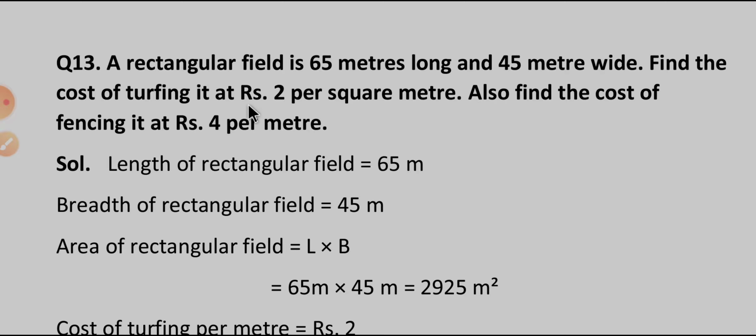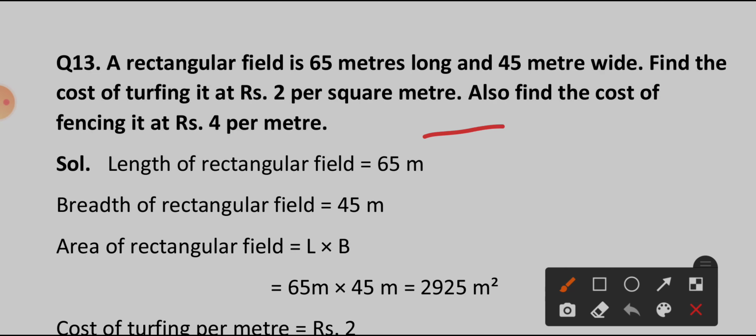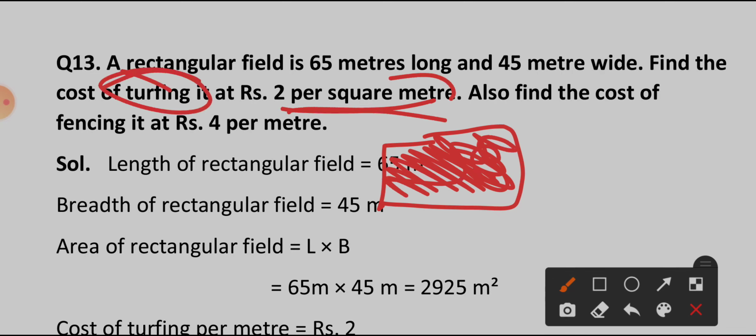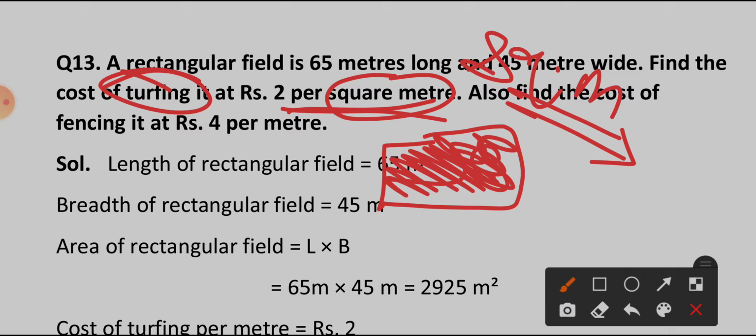Find the cost of turfing at rupees 2 per square meter. हमें क्या बताना है? Cost बताना है. So turfing means, like if you want to lay grass in our garden, like it is a rectangular field. ये rectangular field है और हमें उसमें अंदर एरिया में क्या बिछवाना है? घास बिछवाना है. So that is known as turfing. पर स्क्वायर मीटर, यहाँ पर स्क्वायर मीटर दिया है. इसका मतलब होता है पहले हमें एरिया फाइंड करना है, फिर उसको ₹2 से मल्टीप्लाई करना है.